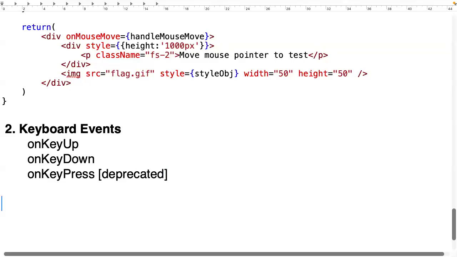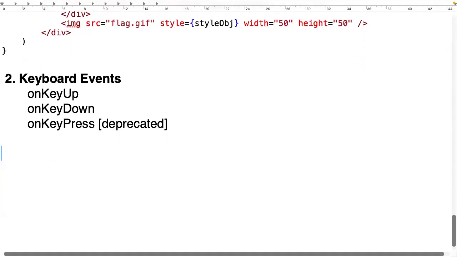Deprecated means it is no longer in use. Officially, it is removed, but still it works. Deprecated means they have given a warning that in future we are going to remove that officially. So